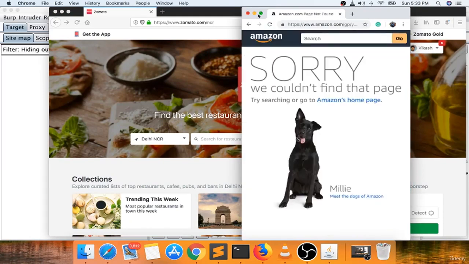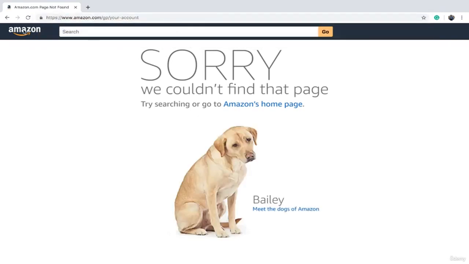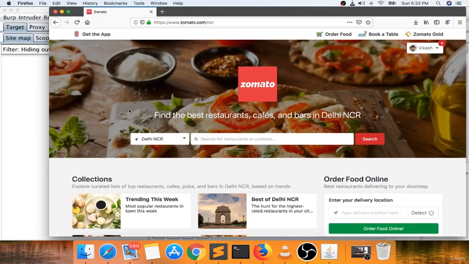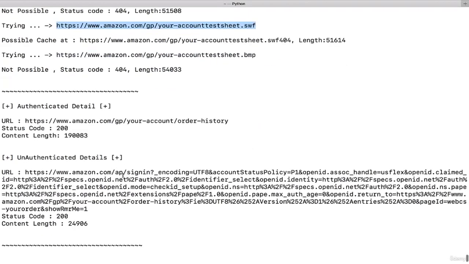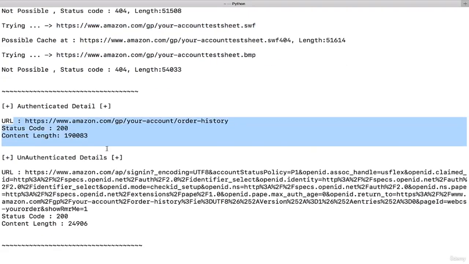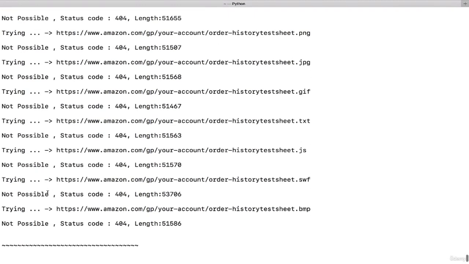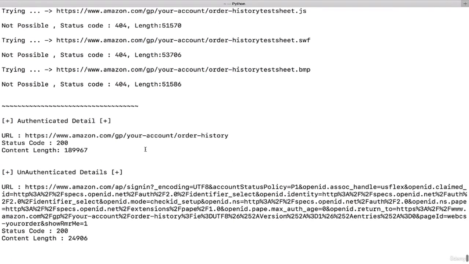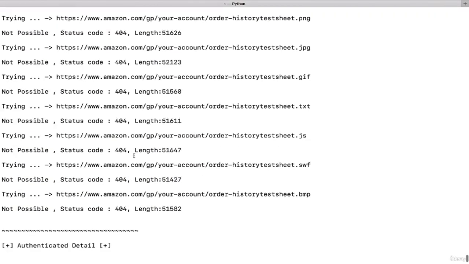But there is no cache content. Let's go back. So it's not cached. Okay, fine. Safe. As well as possible cache there also. Now this is authenticated details, yes, order history. But is there an attack possible on order history? No, it is not possible. What about